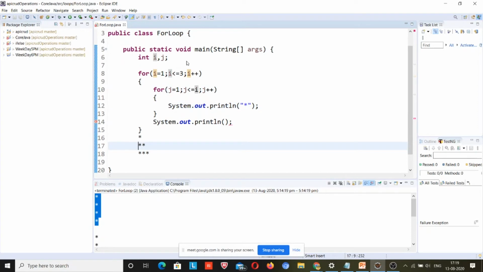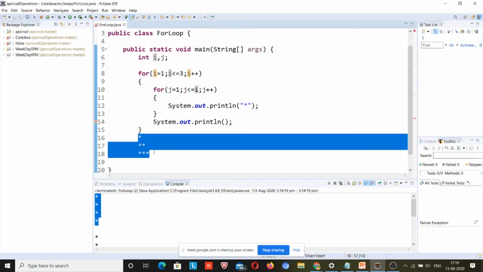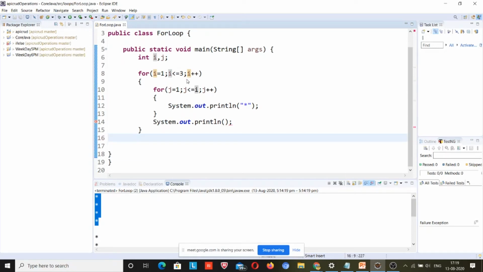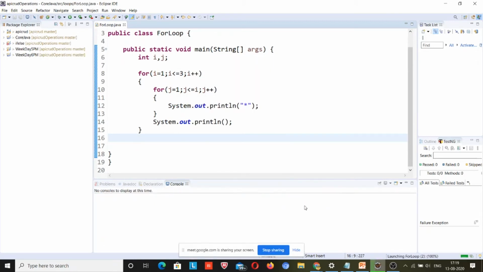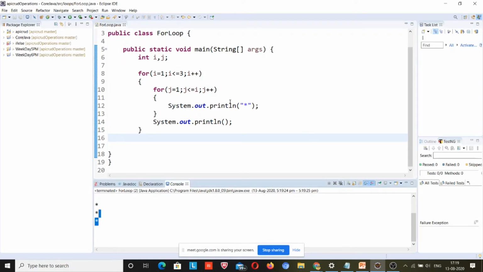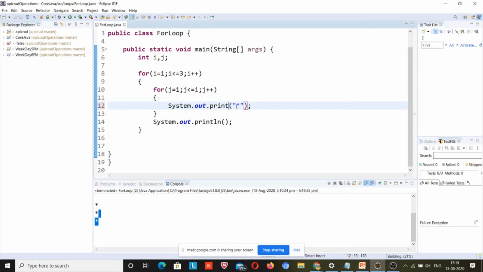Just let me run it first. Oh, this line break was there. I want my line break after printing the stars, right?